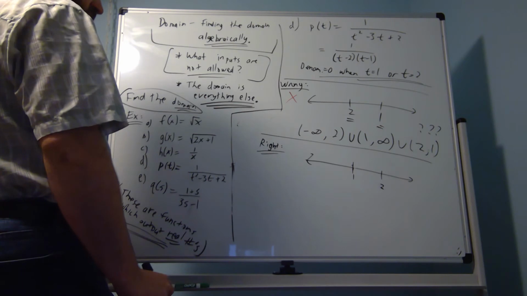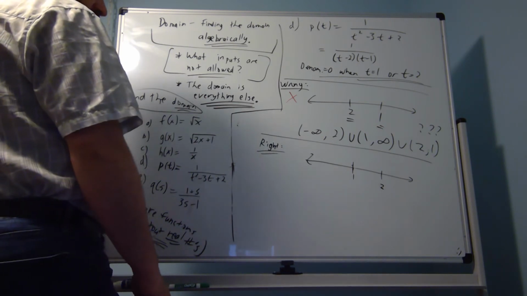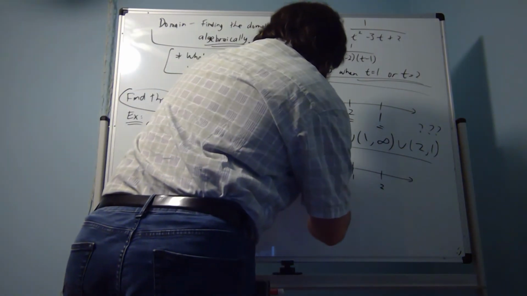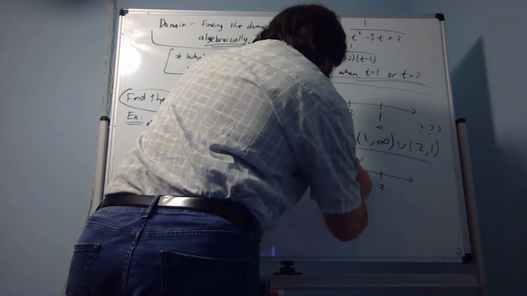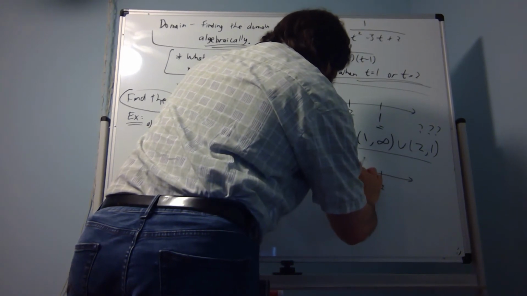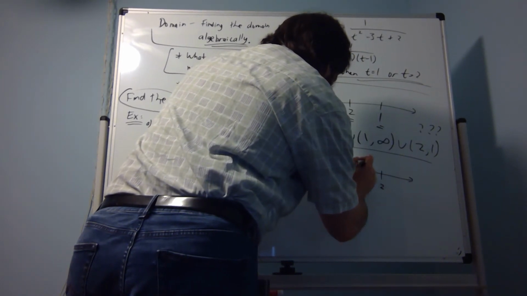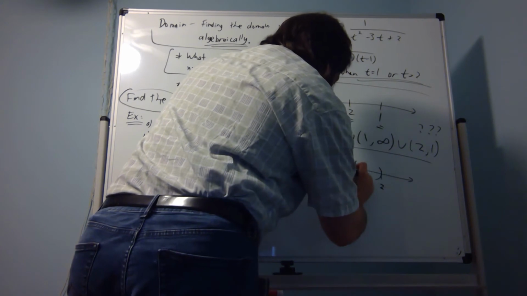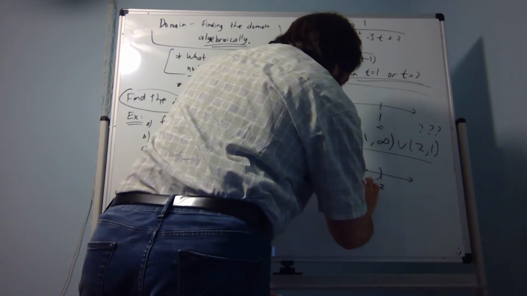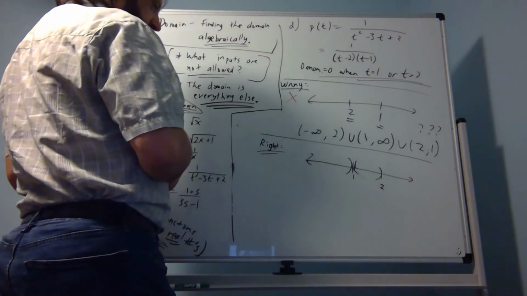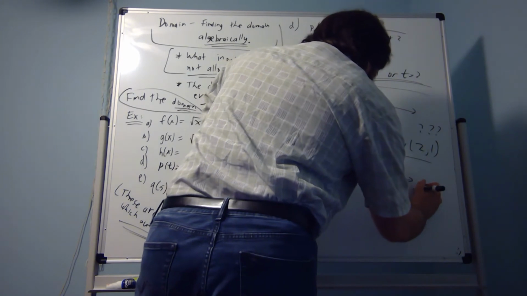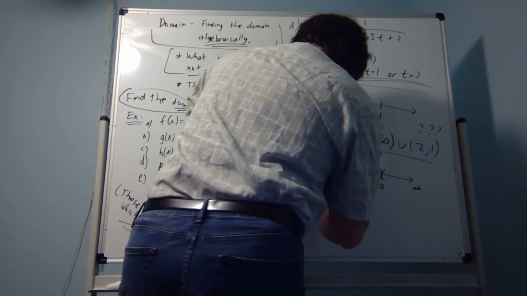So that's interval notation, except we have the bigger number listed first, which is completely incorrect. And then it's just, well, we avoid 1 starting from minus infinity. And then we go all the way up to 1. Then we avoid 1, so we have an open interval starting at 1. We go all the way up to 2, but we avoid 2. And we go up to positive infinity. So we have